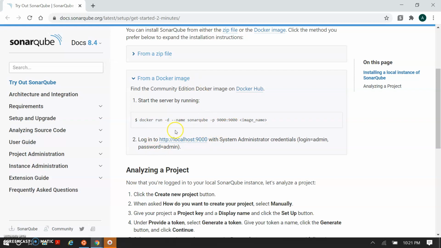So simply you have to use Docker. We have used the EC2 instance where Docker already comes installed, and if there is no Docker, you can also install Docker, but post Docker installation there are very limited steps to install the SonarQube. So here we are taking this Docker command. Docker run -d, giving the name of the SonarQube, and we are giving the port number. At last we have to pass the image name.